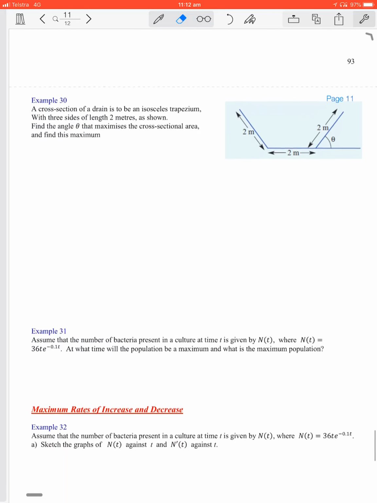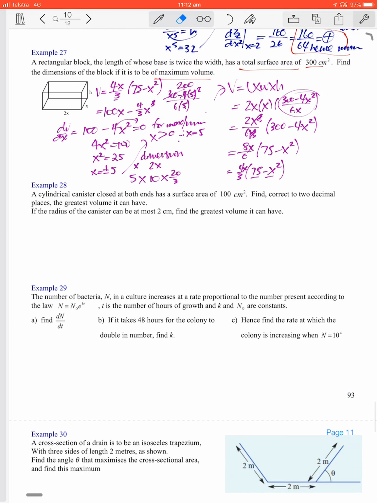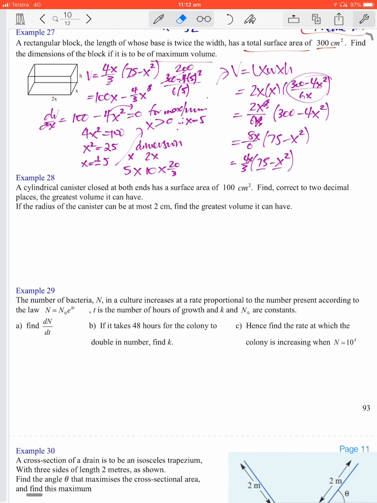Okay, giving you plenty of examples here. A cylindrical canister is closed at both ends, has a surface area of 100 centimeters squared. Find, correct to two decimal places, the greatest volume it can have. If the radius of the canister, okay. So first, we've got a cylindrical canister. So we've got cylinder, top, bottom. We know that the surface area